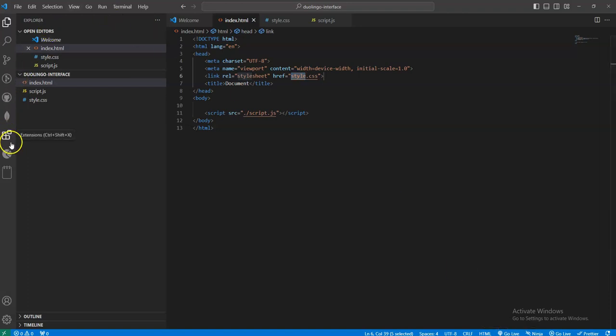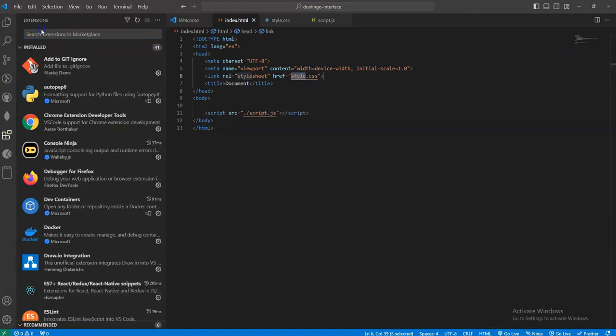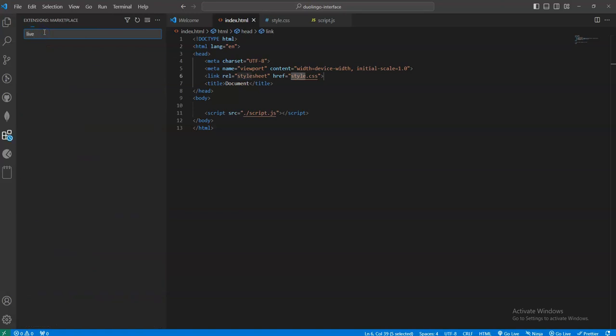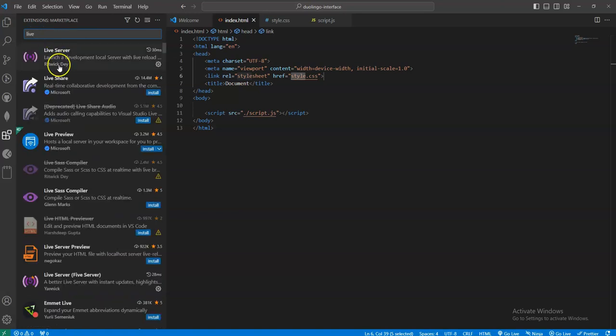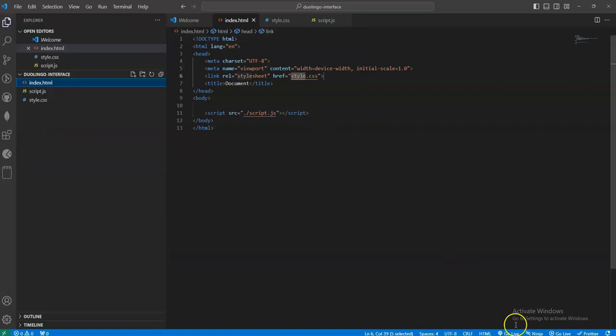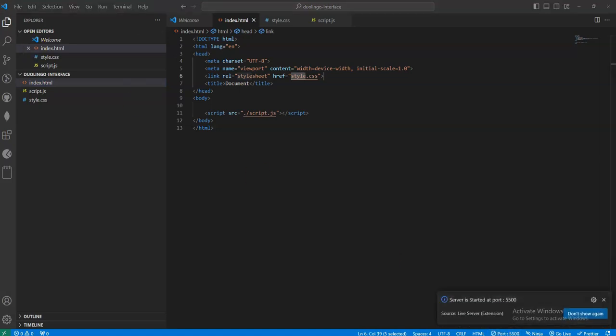If you don't have live server extension installed, you can search for live server and install this extension. When you install this extension, you will have live server that will launch the local host